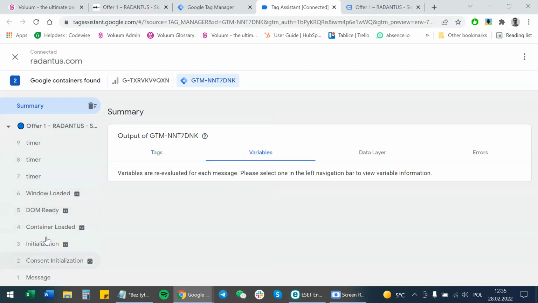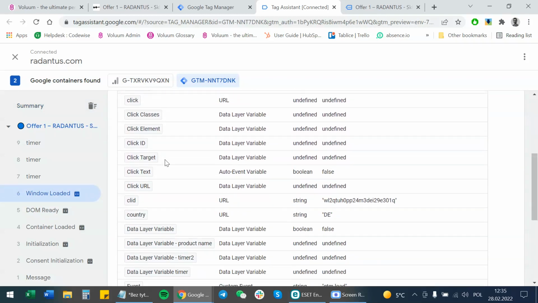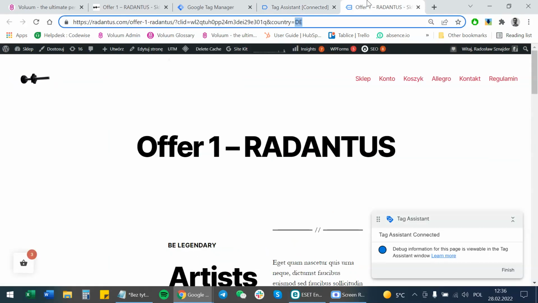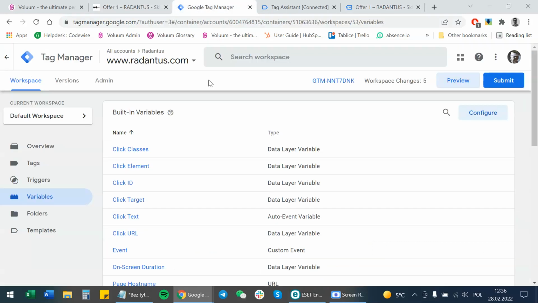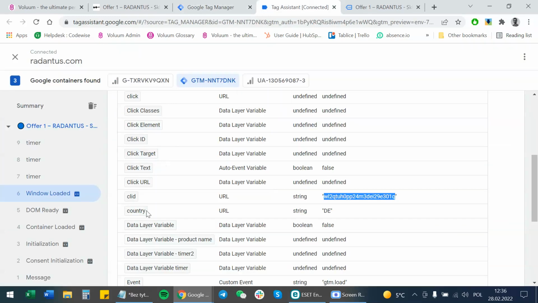As you can see, when the window loaded, there are different variables in here, and the variable CLID captured the value starting with WL2Q and ending with 301Q, which is exactly the value of my click ID, and the value of country equals DE, capital letters,